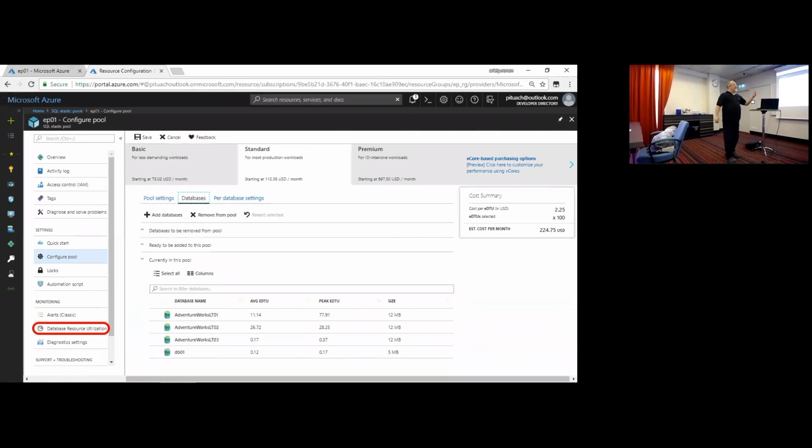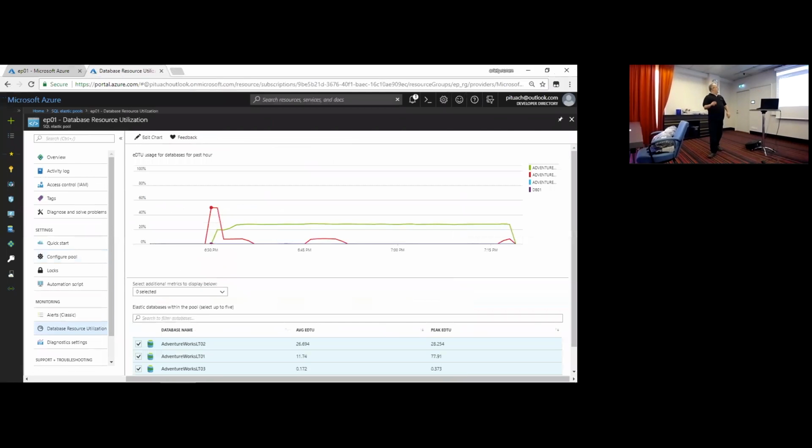Okay, but maybe this is not enough. Maybe you want more flexibility, more statistic options. So we have a separate tool, resource utilization. You can go to this one, and it's not unlimited, but we would need at least 3 hours only to show all the options here. You can change the graphs that you see. You can change what you see. You can change how you see. You can change, for example, the timeline. Maybe you want to see only 6 hours. Maybe you want to see more. So this is pretty flexible.